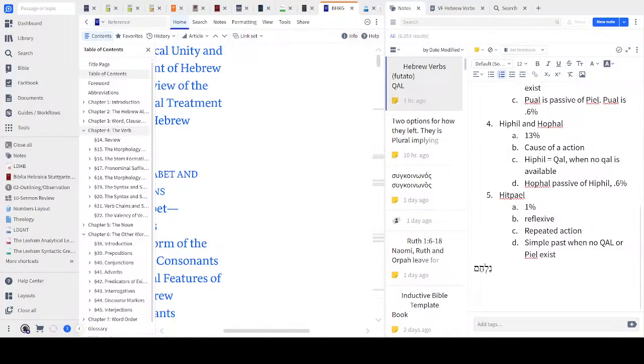I know this was a lot longer, but I hope this was helpful. I hope that this can help you to dive deeper into your Old Testament. You have a wonderful, wonderful